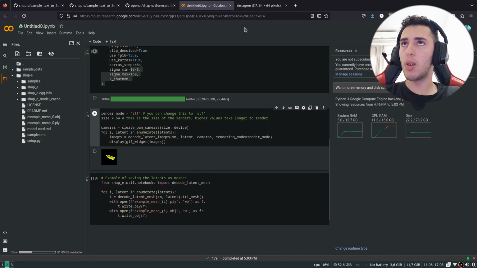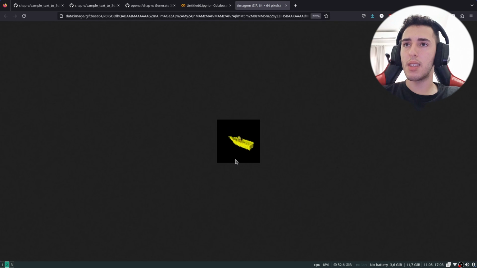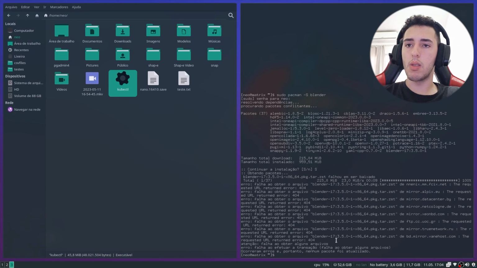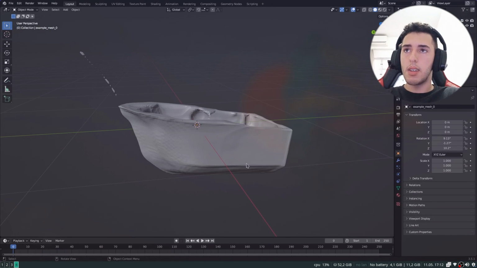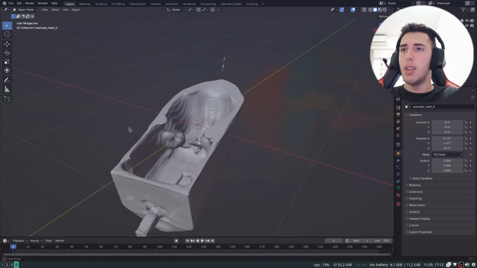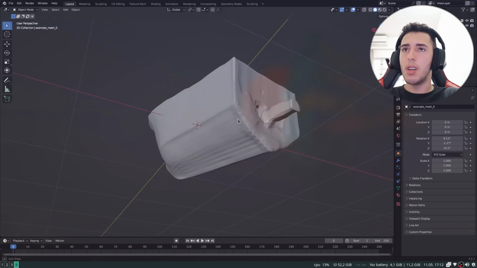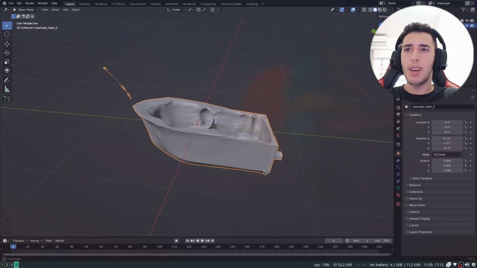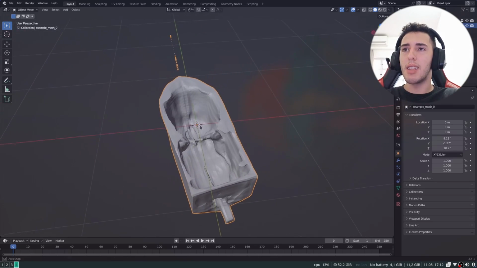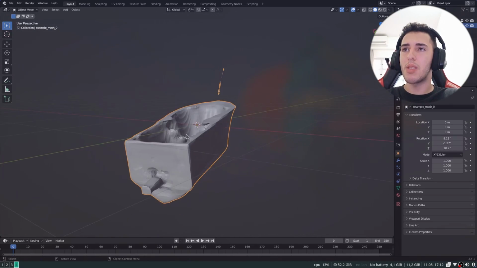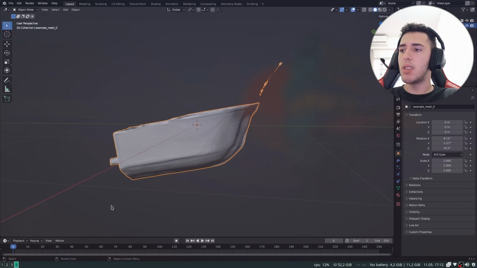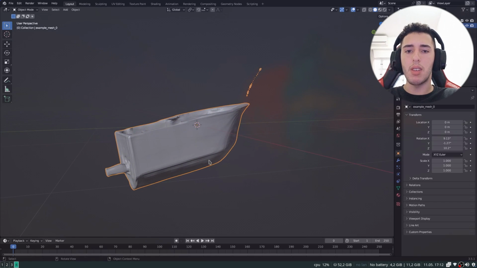Okay, it looks more like a boat right now. I can see the mesh, but okay, it's kind of running. Let's just see what is generating though. So as you can see, this is the object the AI generated. It's kind of cool. It tried to make it look like the banana, but at the same time, it finds it really hard to create the boat. But it's a pretty interesting result. Let's try other stuff to see how it performs.